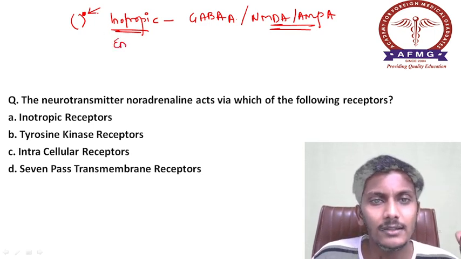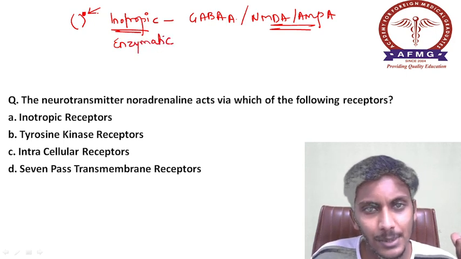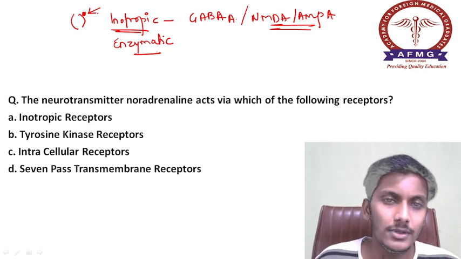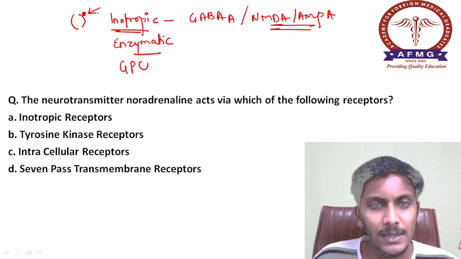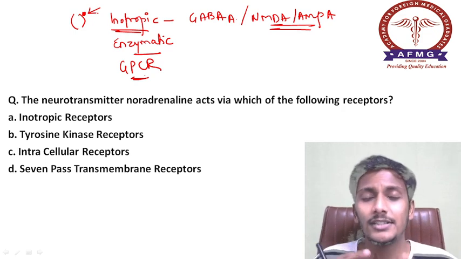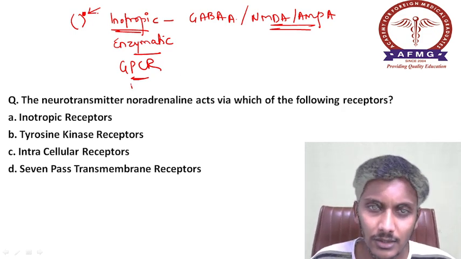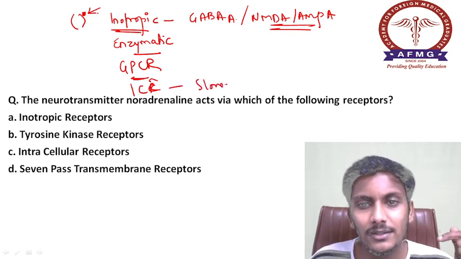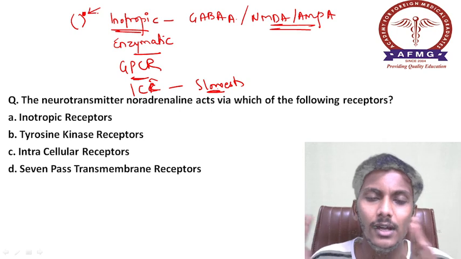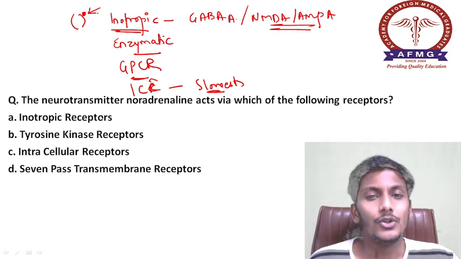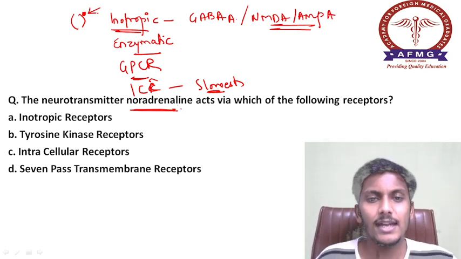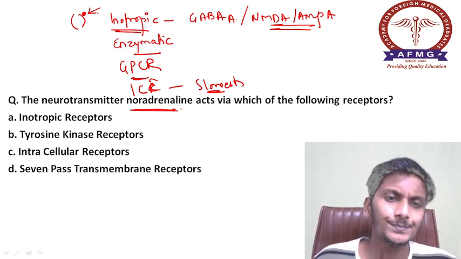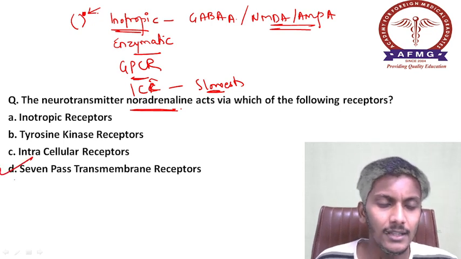Okay, the next one we discussed over here, enzymatic receptors. उसका example देख लिया, tyrosine kinase receptors, insulin, prolactin and growth hormones. Okay, the next one we discussed were GPCR receptors, that is G protein coupled receptors, and the last one we discussed were intracellular receptors. And these intracellular receptors, please remember, these are the slowest receptors. Slowest acting are your intracellular receptors. Okay, so noradrenaline is a neurotransmitter. Noradrenaline, adrenaline, dopamine, these are the neurotransmitters, and please remember, they act via this option D,